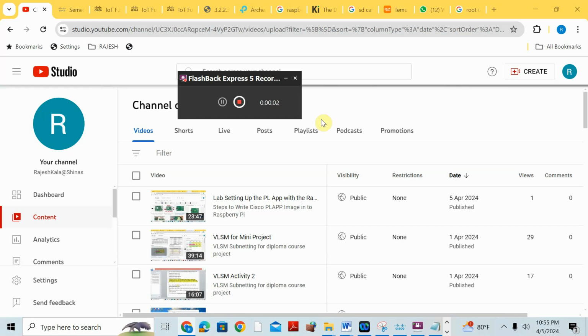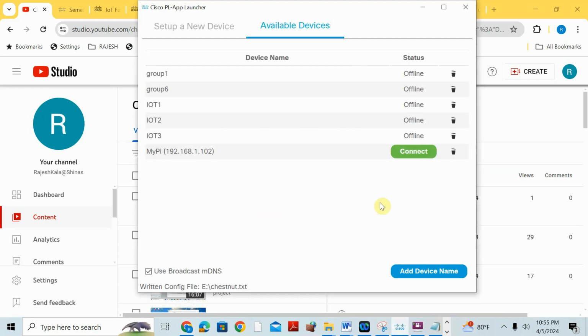Welcome back, students. Now our image is ready. See, this is our image. My Pi IP also received. So what I did is, after writing the image, I removed the SD card. I connected the Raspberry Pi to my laptop through the USB port, and I put the SD card into the